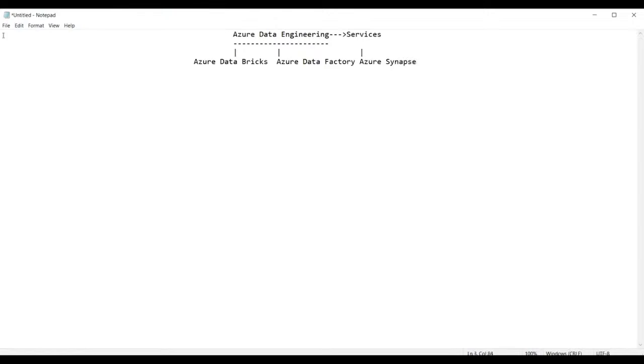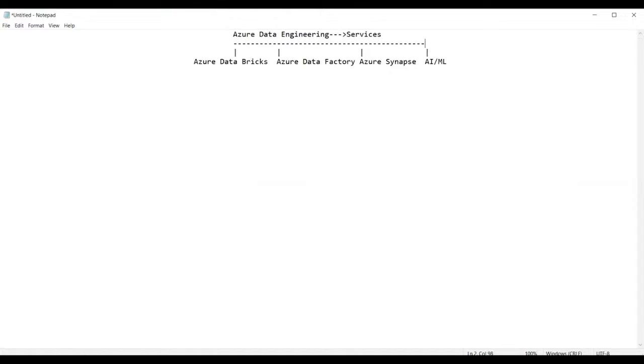Many services are there, but I'm listing a few of them. We also have Azure Artificial Intelligence, AI, or we can also refer to it as ML, that is machine learning. So these are all the services packed into Azure Data Engineering.